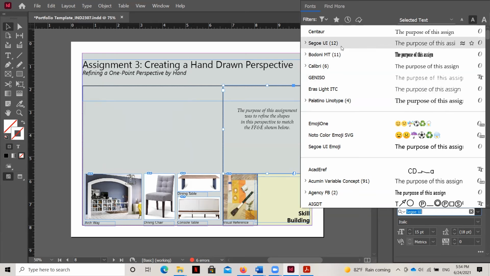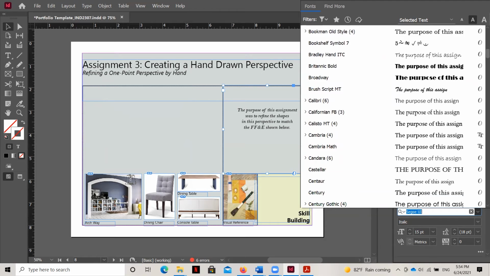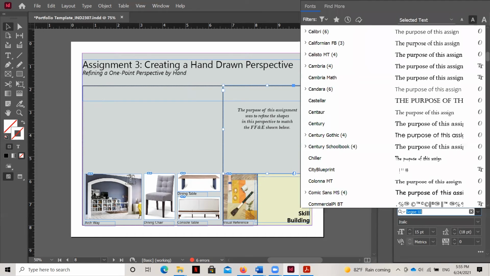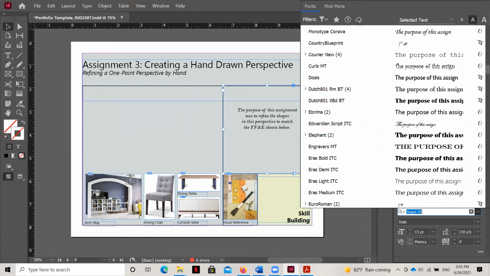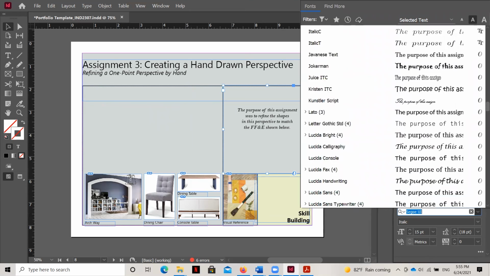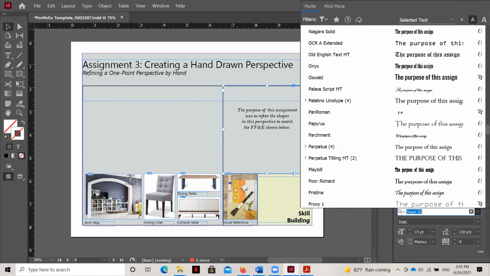But I want you to just be aware that as you scroll through fonts, be mindful that the ones that you are drawn to, you may be drawn to them because you see them all the time. And that may be an indication not to use that font. For example, a lot of people use what we're going to see here, which is Papyrus. And that's because it's a little bit unique, but it's still easy to read. It's got kind of a little twist to it, but it's very, very common because of this. And you can see there's no families in this font. The only thing you can control is the size of it.